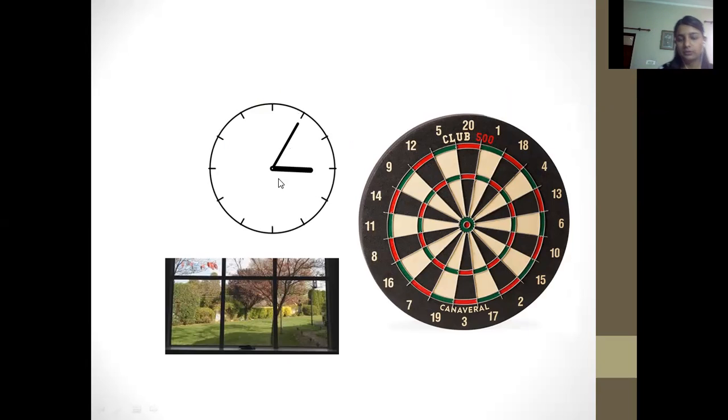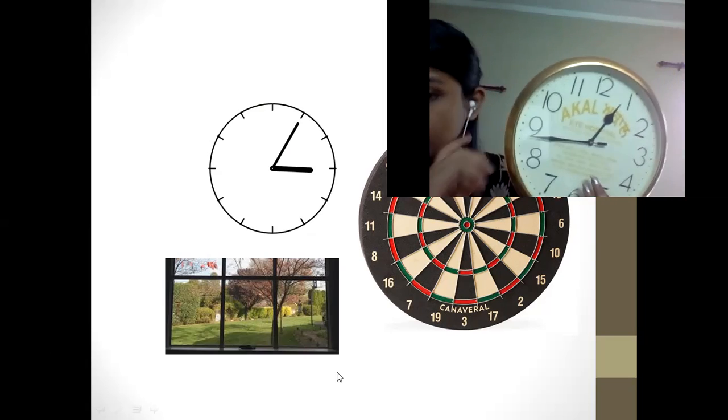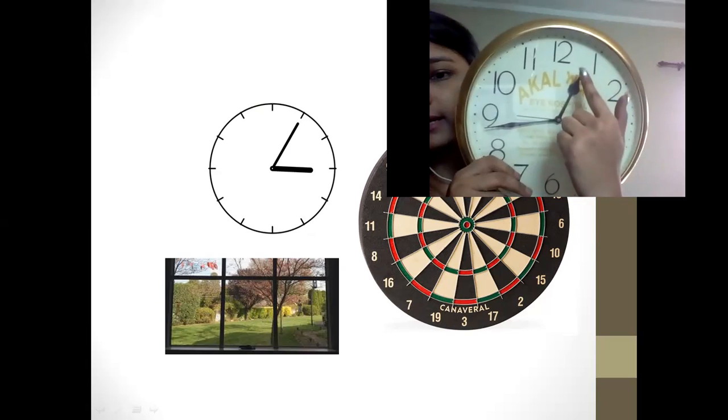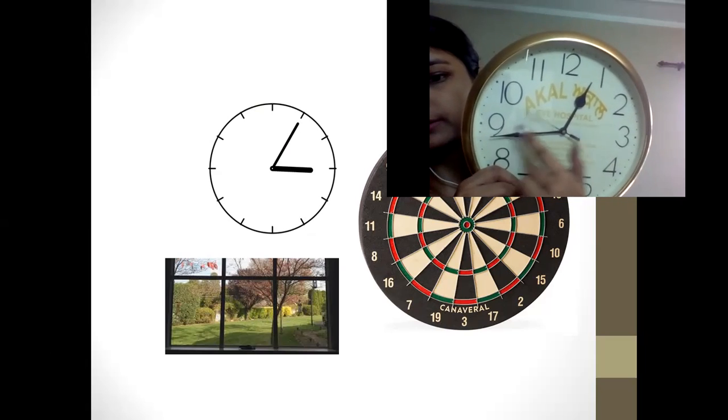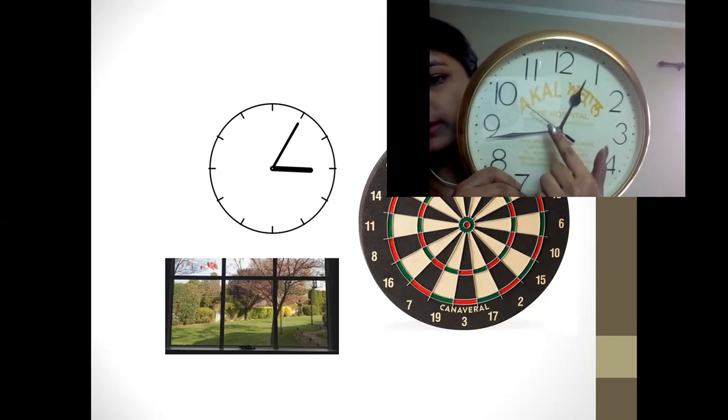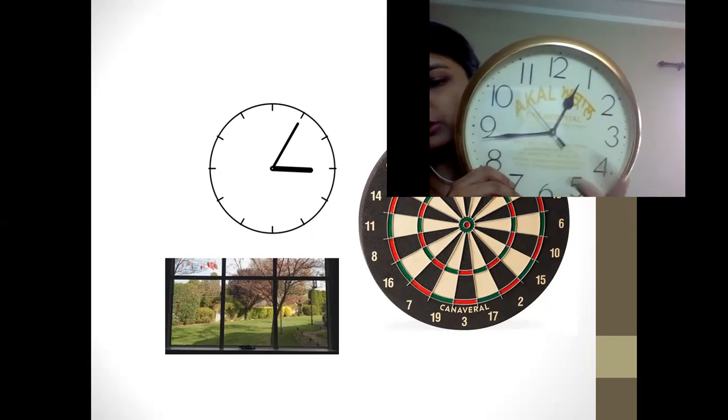Because here in the clock, you can see that it is making some angle that is here. Let me show you the real clock. Yes, you can observe here. It is making some angle. Also, the hands of this clock can be considered as line segments. Here you can see that this angle is formed. This in between thing is an angle. So this is how we can notice angles and lines anywhere in our real life.